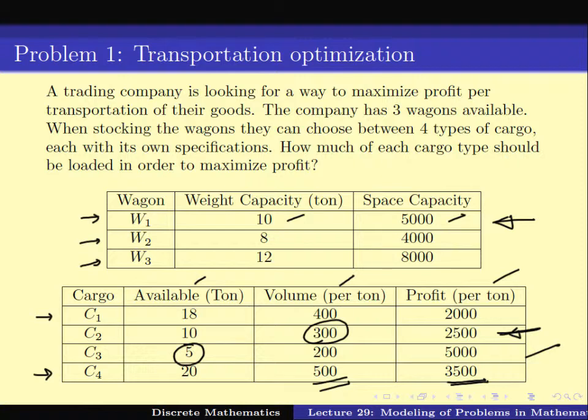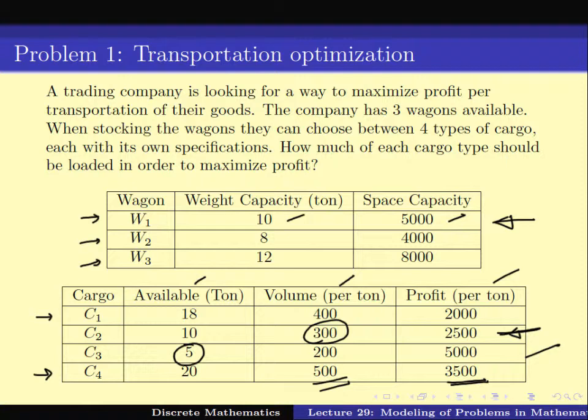Similarly, in wagon 2, you can at the most pack 8 tons, and space capacity is 4,000 liters. And wagon 3, you have a weight capacity of 12 tons and a space capacity of 8,000 liters. And the cargoes have different